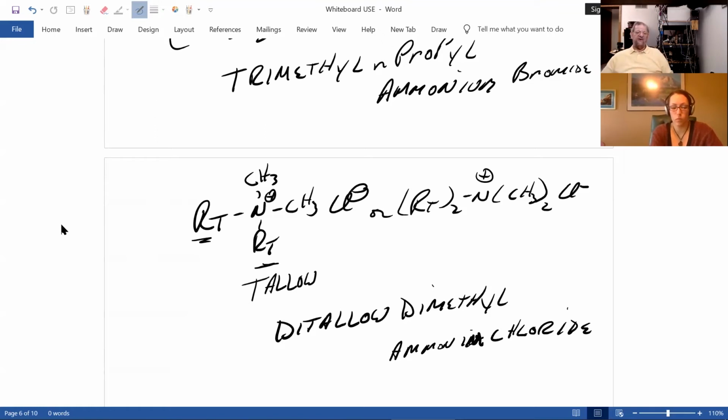And why is this molecule very important? Because for many, many years, until about 10, 15 years ago, this molecule, dimethyl ammonium chloride, was the only molecule used for fabric softener. Then they found a cheaper R group, it's called an ester quad, which I won't be teaching, and now that is used. But all your fabric softeners, whether a sheet or you add it to your washing machine, are quaternary ammonium salts.